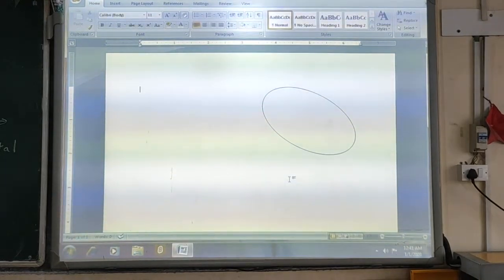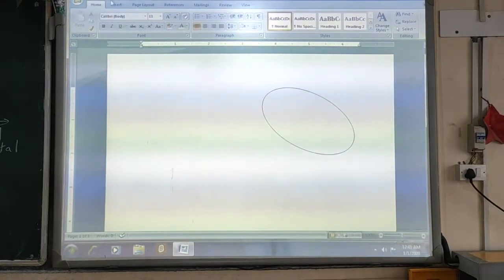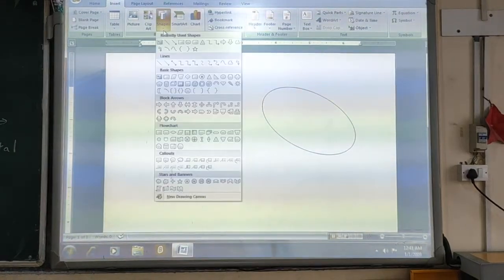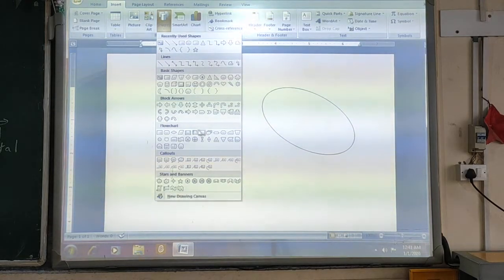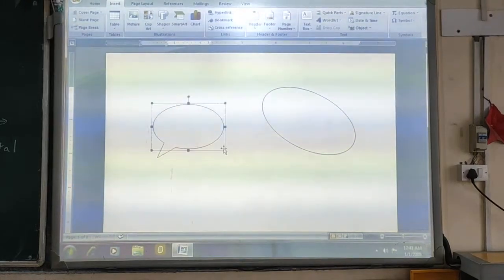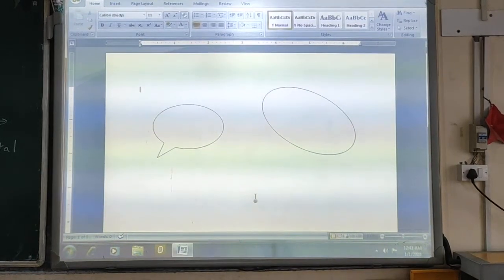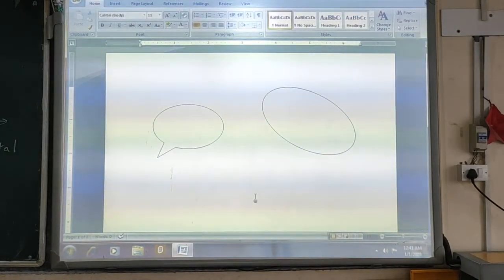Now once again, suppose we draw any particular shape here. We have drawn one more shape here. Okay.